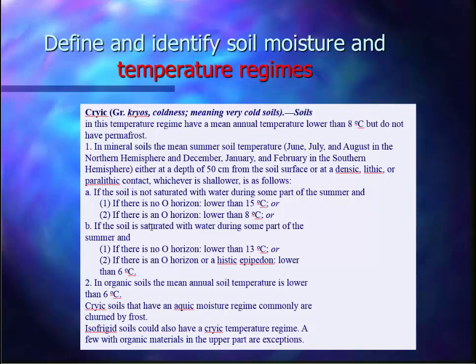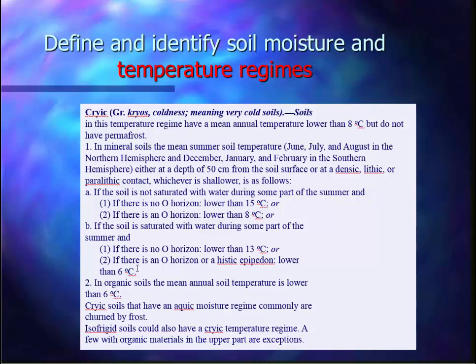And then saturation with water insulates it even more. It would keep it cooler if it were saturated. So a cryic, if there's no O horizon and it's saturated, would be less than 13 degrees C. A cryic, if it's saturated and there's an O horizon or a histic epipedon, would have to be lower than